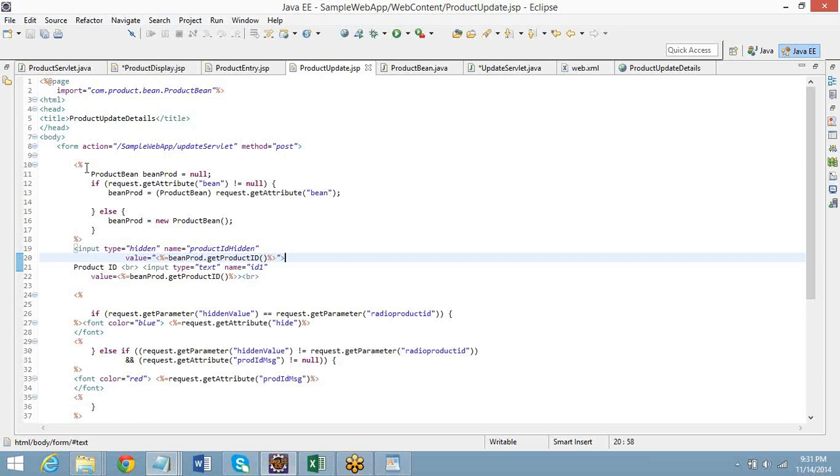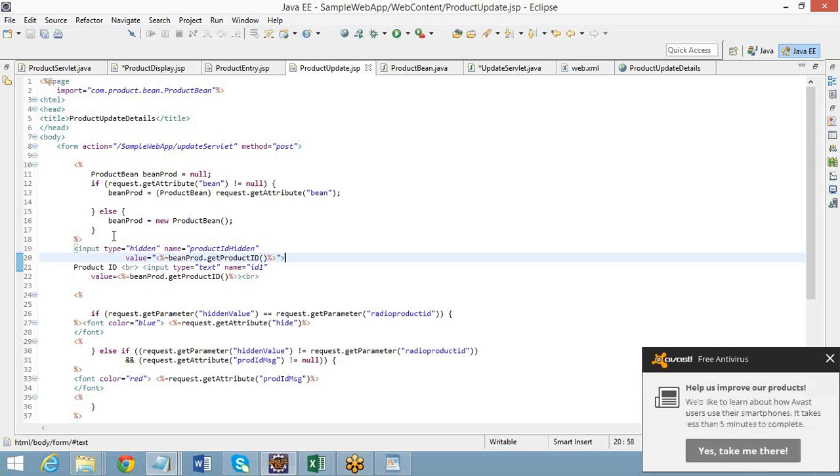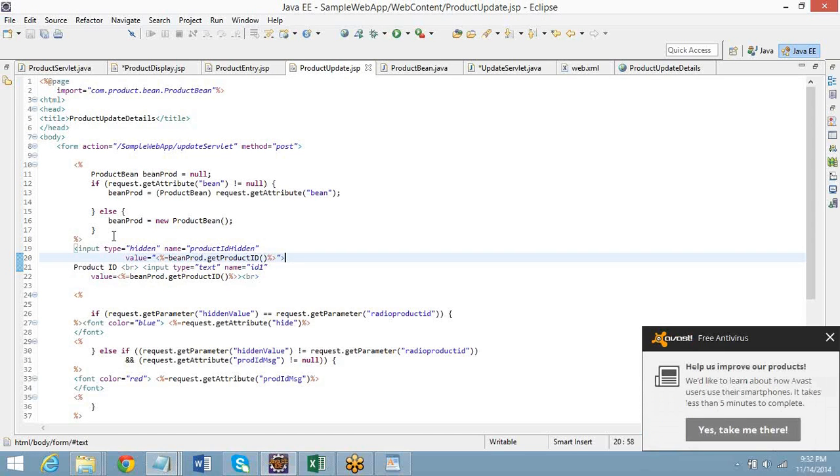First of all, this many scriptlets should not be used, is it? Exactly, on the JSP page. But okay, I don't want to tell all the mistakes, it will ruin your confidence. Yeah, no problem. If there is another way which is known, I can do it. Yeah, we'll do it. We can use JSP useBean, which we will learn. First of all, let's learn step by step. So copy line numbers 19 to 20.